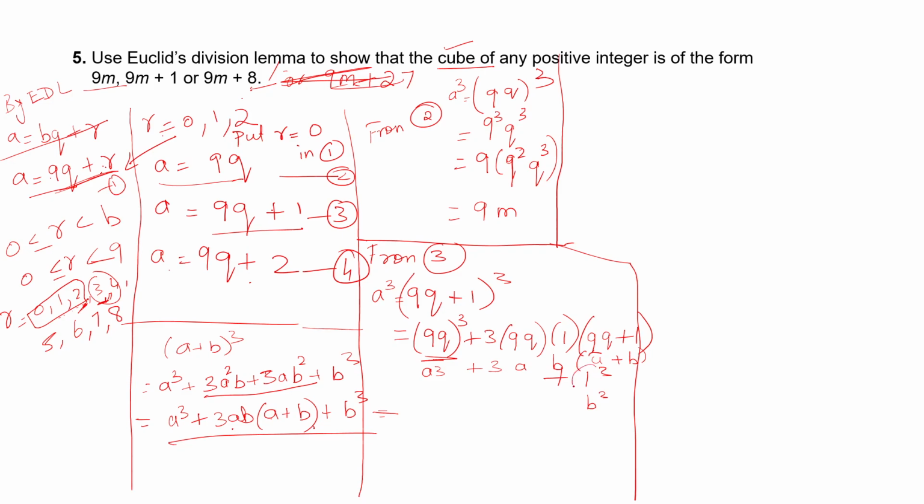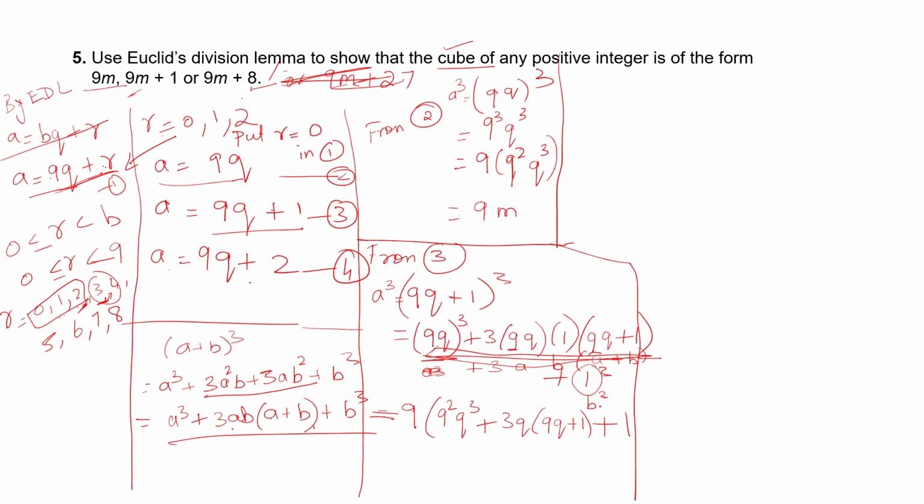1 we require outside. So I'll keep that 1 as such. I don't disturb that. So from the remaining, what is required outside? See the question. 9 is required outside. So I'll take a 9 outside. Okay, done. So what is left inside here? One 9 I have taken outside. What is inside? 9 square, because 9 cube was there. So the remaining will be 9 square q cube, and here I have taken one 9 outside. What will be remaining? 3q into (9q plus 1).